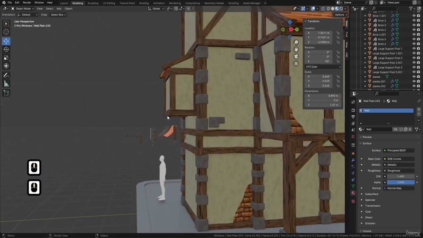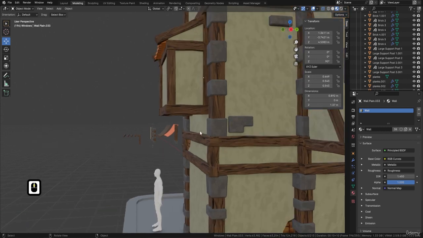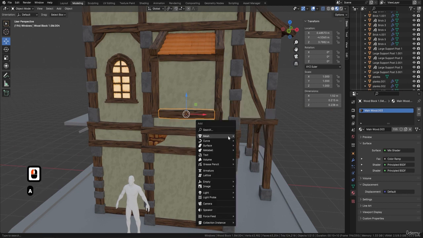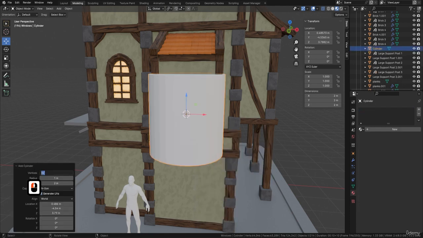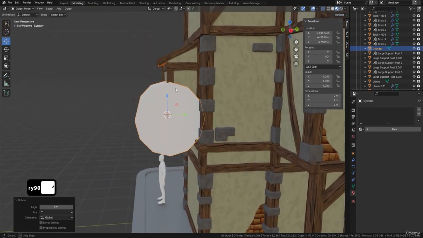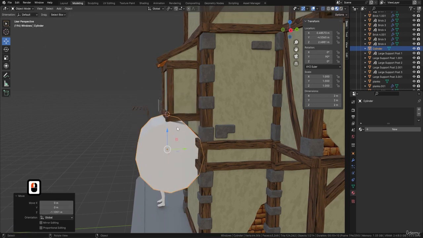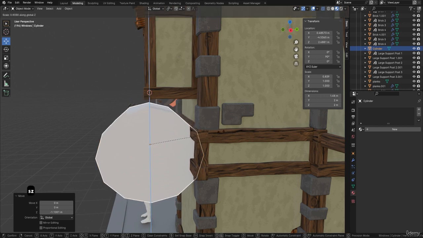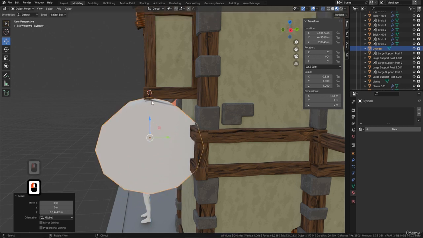So we'll just have some little struts that are going to actually come kind of rounded and hold this into place. And the way that I'm going to do it is I'll grab this part here, press Shift S, cursor to selected, Shift A, and then I'm going to bring in a cylinder, and I'm going to bring the cylinder down something like 12, and then I'm going to rotate this round now, so R, Y, 90, that then is facing pretty much the right way as well. I want it, so I can see here that it's going to be coming round here as you see, so S and Z, so this will be where the end of it is,